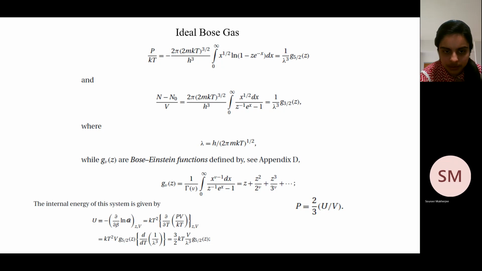And you can also match this with the relation we had initially derived in the last class: for massive particles, where you can define the energies as p squared by 2m, pressure and energy have the dependence P equal to 2 by 3 U by V, right? For massless particles, it's given as 1/3 U by V. So this also matches with what we had done in the last class. So all these things are consistent.